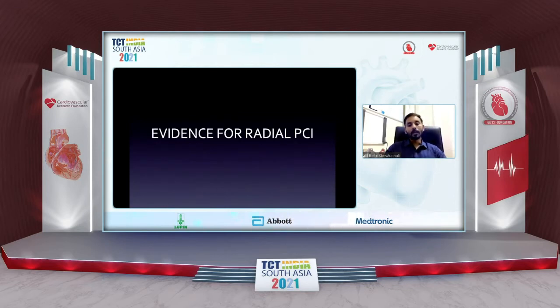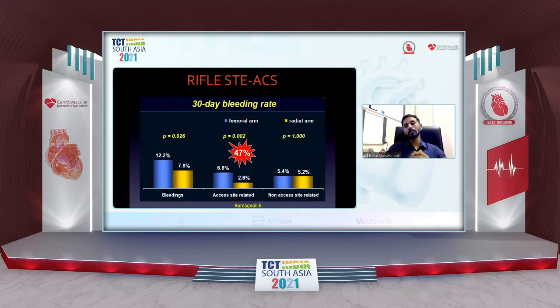I don't want to dwell on this. We have enough data so far, starting from RIVAL back in 2011, and then RIFLE-STEACS, showing that access site bleeding is significantly reduced, around a 47% reduction in access site 30-day bleeding rate with radial compared to femoral